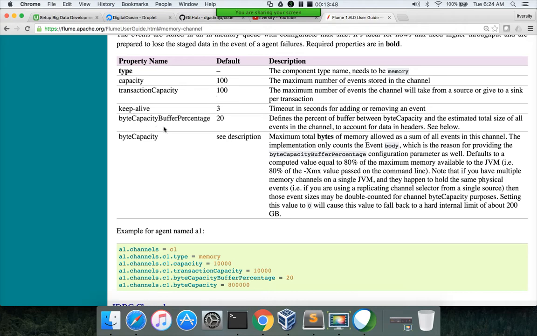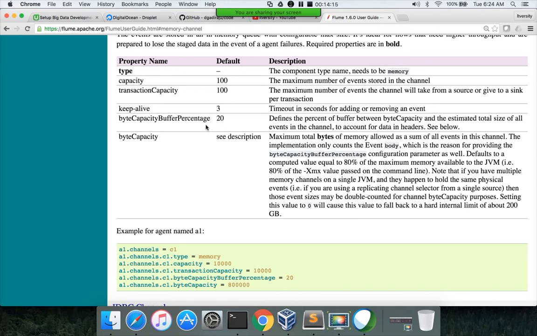And then there are other things also, whether you want to keep alive, meaning the keep alive timeout for the messages. If it cannot process the message within 3 seconds, then it will time out, and you will start seeing errors in the log files.